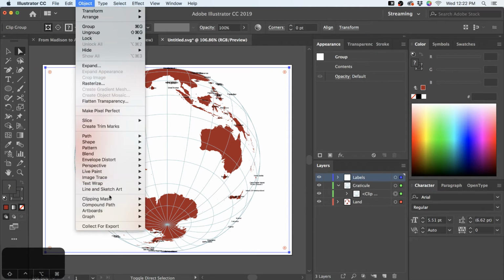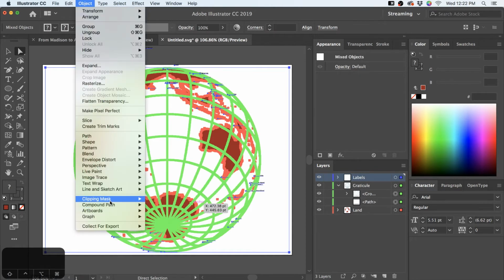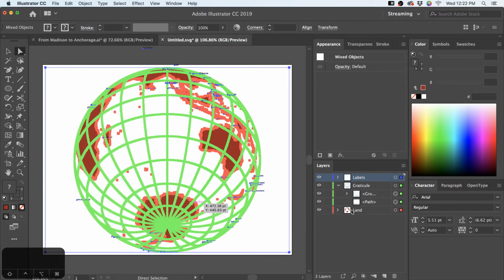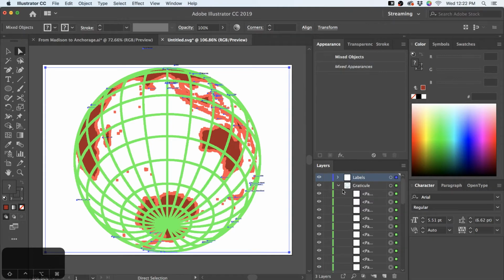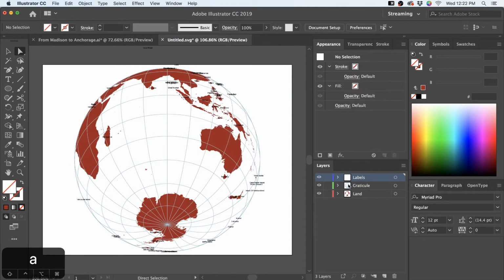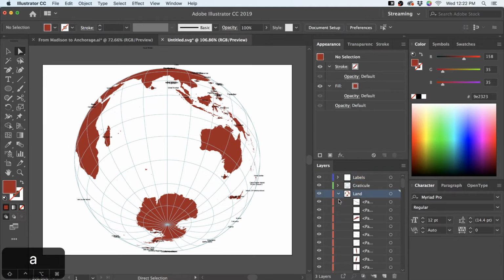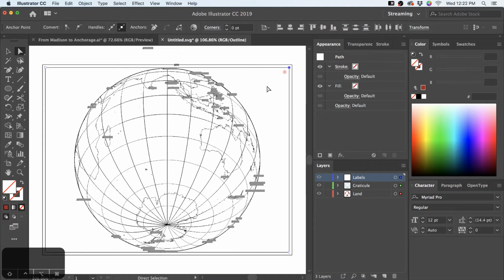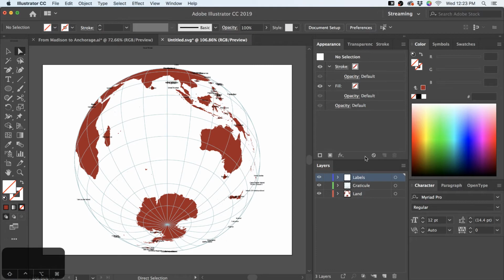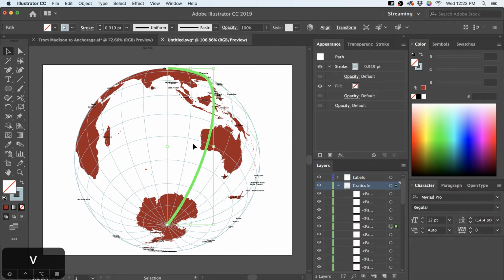So I'm just going to go, release my clipping masks. Sometimes you got to do it more than once depending on how things are. No, just once. And then once they're released, they still come in groups. So I'm going to ungroup that and get all of my layers where they just have pieces of things. Now here I select this and it's just got little red pieces in it, little land bits. And I saw, if I go quickly into outline mode, where my clipping masks are, so I'm just going to select those and delete them. Okay, now I got some good pieces here. So what I'm going to do is I'm going to look at my graticule here and see what it's made from. There's all these little sort of curved strokes.